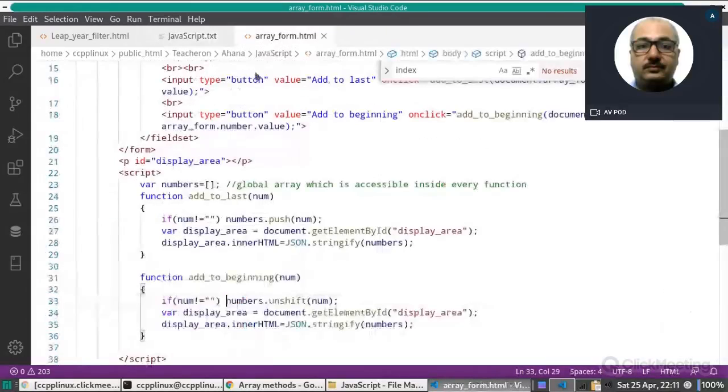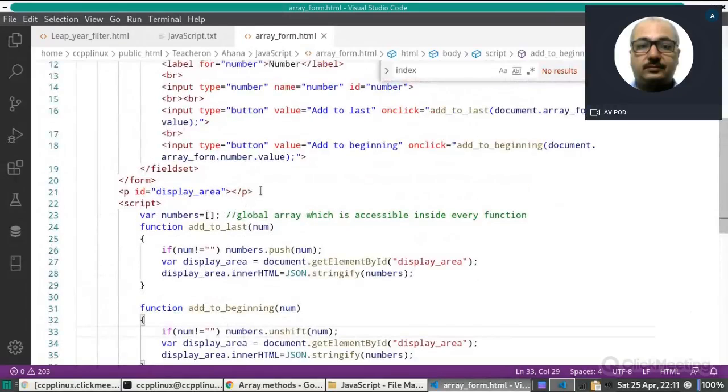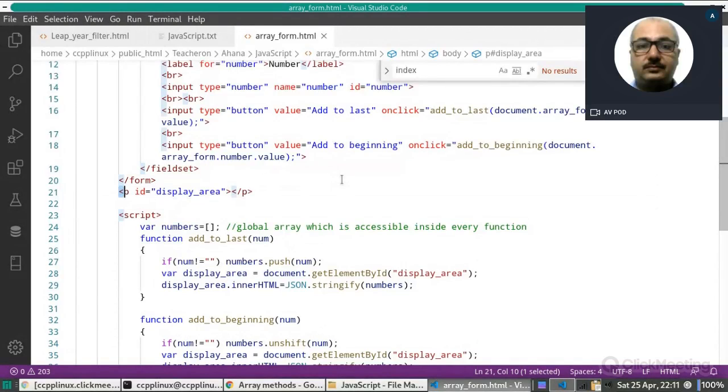So we also need to define an area for the result. Here we can define a different p tag, and suppose the id of this p tag is result. Here we will display the result of the operation, whether it is true or false, found, not found, something like this.